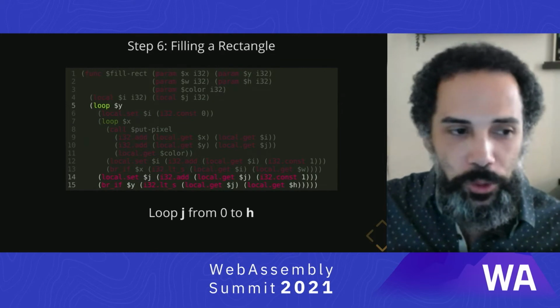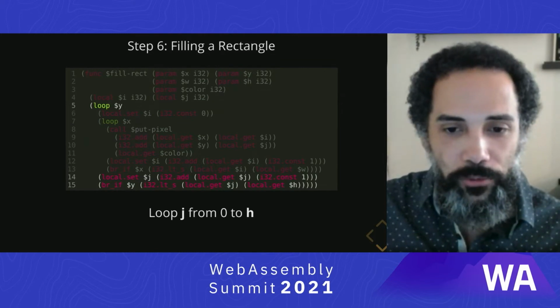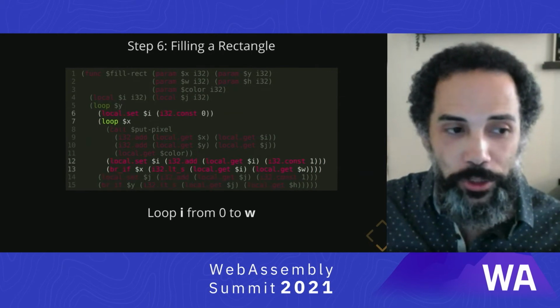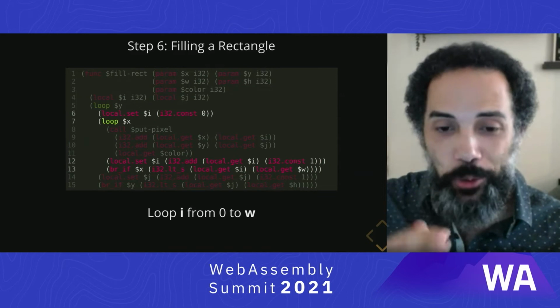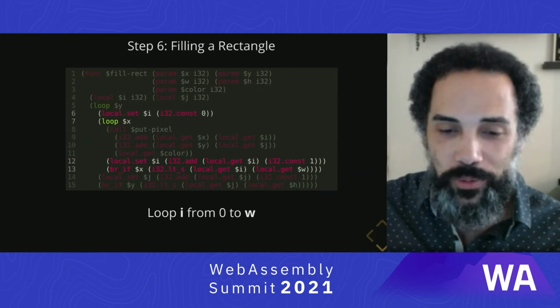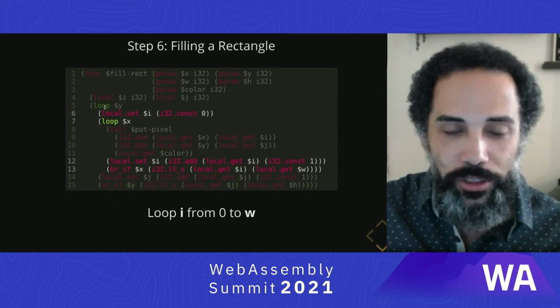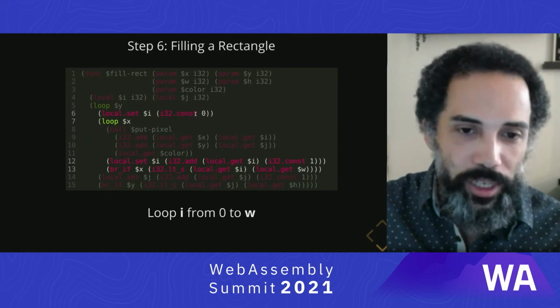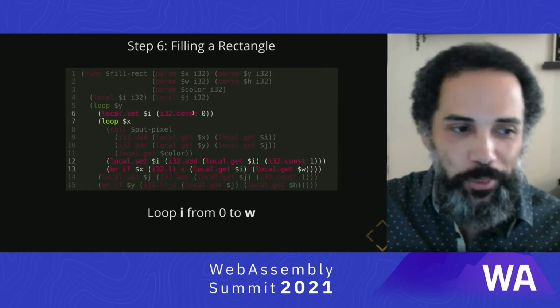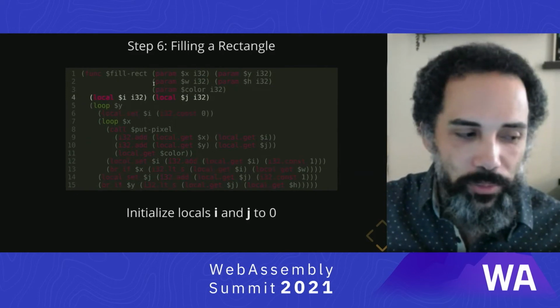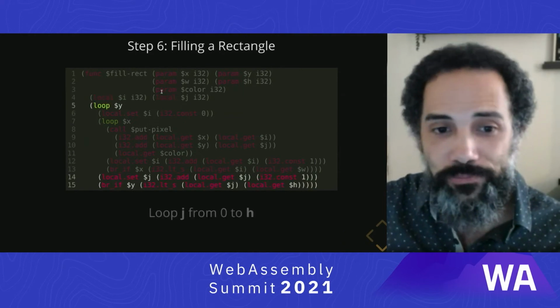This is our loop that loops over the y coordinates from 0 to h. Then we have our inner loop, which loops over the x coordinates from 0 to w. And you can see here we actually have to reset the i value to 0, because after we loop through the first time, it'll be at the end, so we have to reset it. But we don't have to do it back here because all local variables start off at 0.